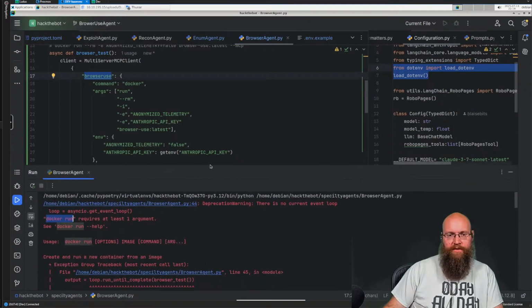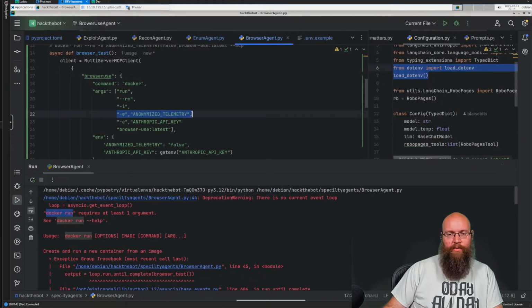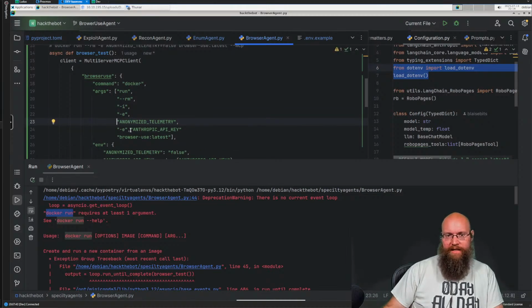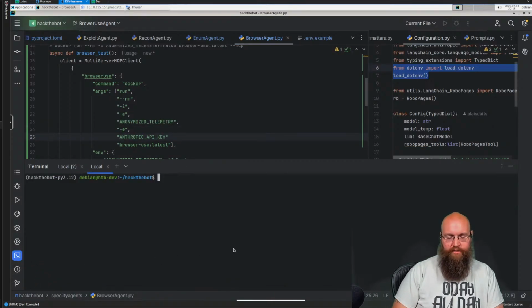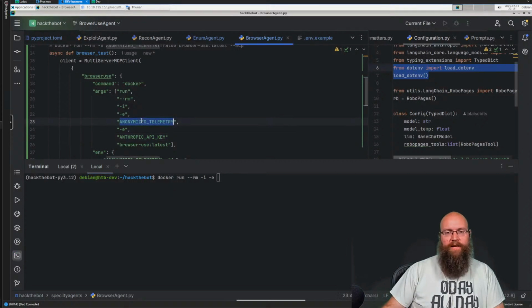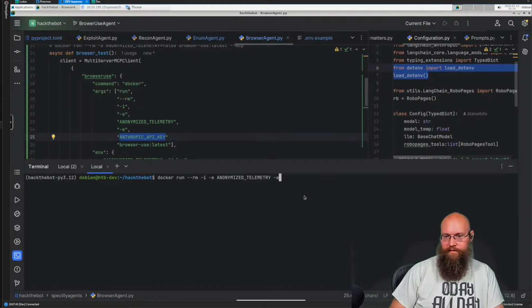So let me give this another shot. I want to leave these portions off right now. In fact, for sanity's sake, I'm going to reformat this and make sure I've got it right. Pull up the terminal here. Let's try this. So I'm going to do docker run. We're going to do rm, make it interactive. We're going to pass in, maybe though this is actually not going to pass in anything because these are blank in this environment, but that's fine. I'm still going to just do it anyway.